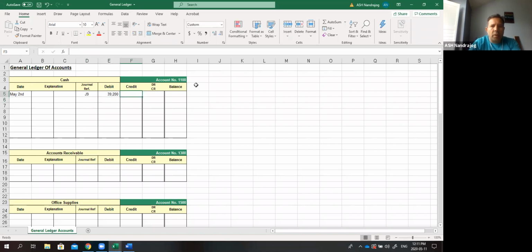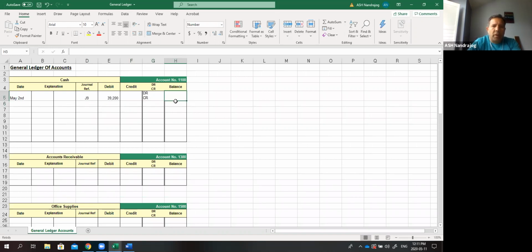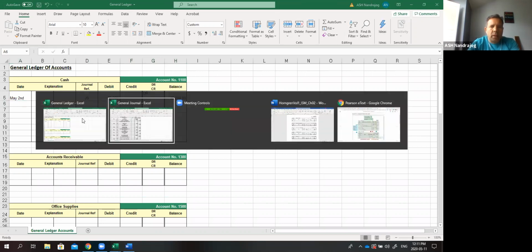Because there was no previous balance, now we have a debit balance. We have to write down just DR. Get rid of this. DR. And the balance is 39,200. All right, so that takes care of the